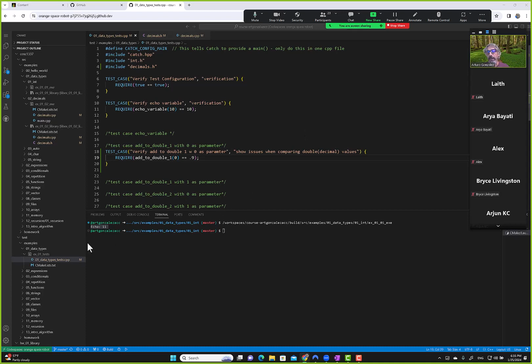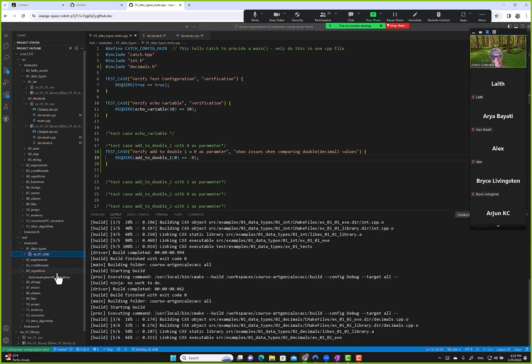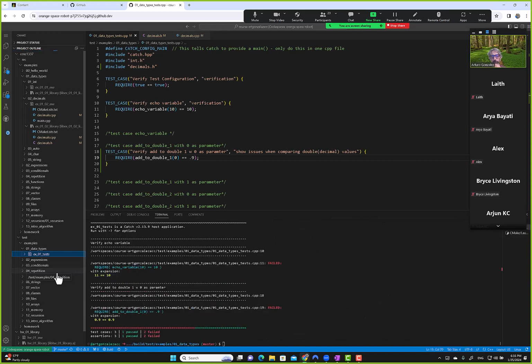And we can run the test case now. So we go to ex01 test, right click, run in terminal. And notice it's saying that it failed. But if you look at the values here, right here, notice that down here, it's saying we see 0.9 and we see 0.9, but this decimal stuff,